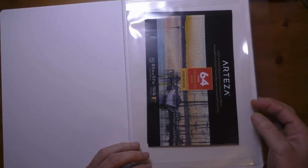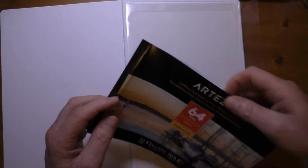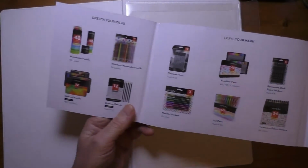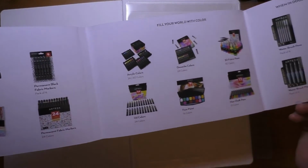These expandable pockets, but this one we've got a plastic one, and this was the leaflet that came with it, so you can have a good look through that if you buy one of these. Got all the products listed in there for you to have a good look at. Okay,